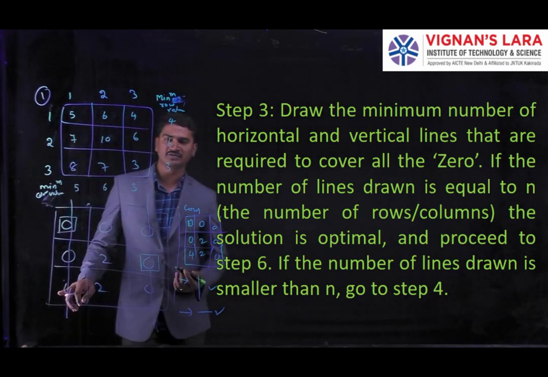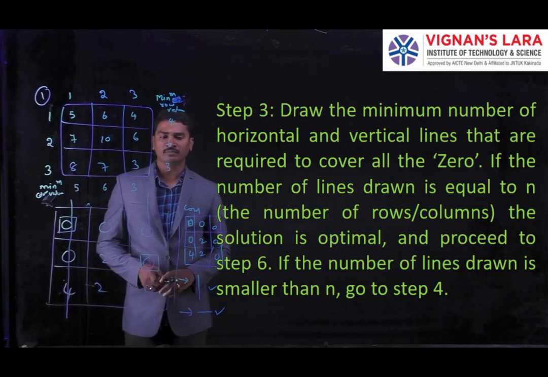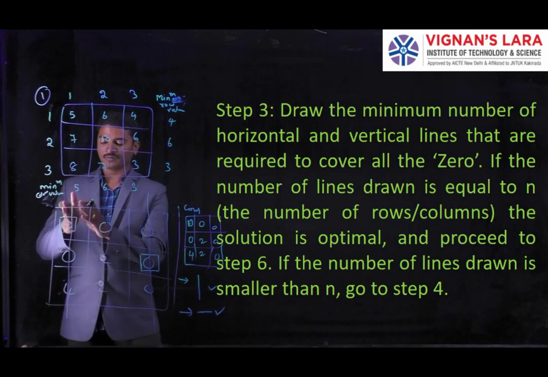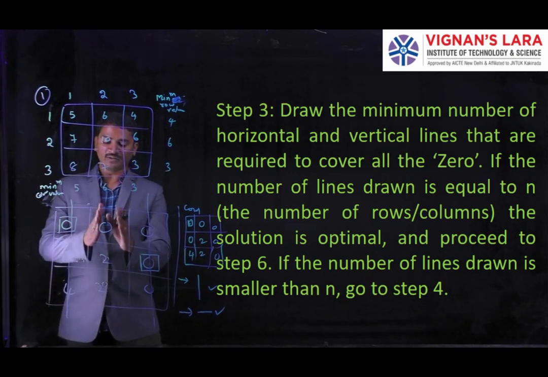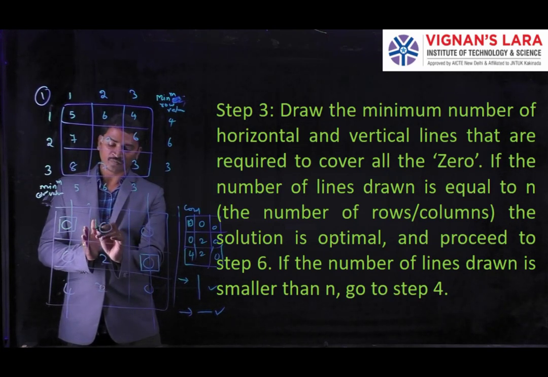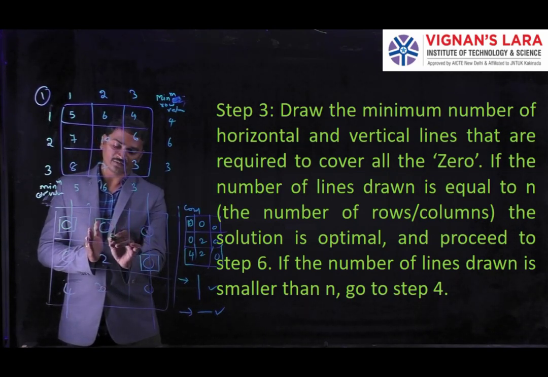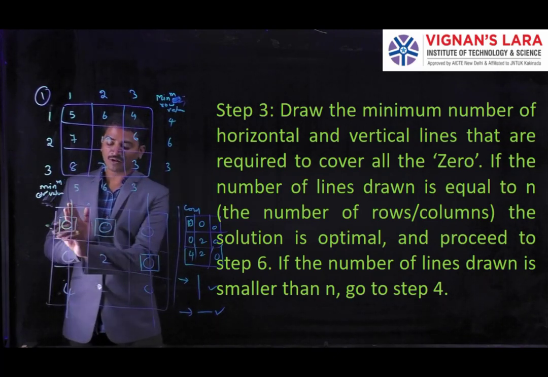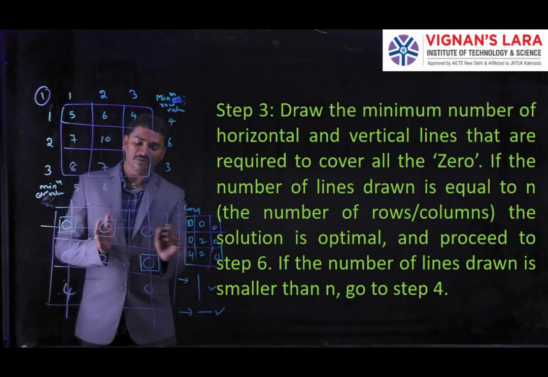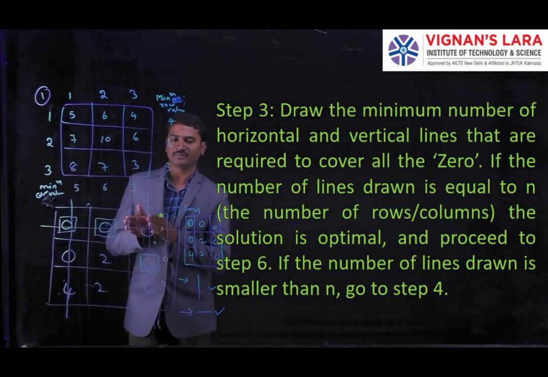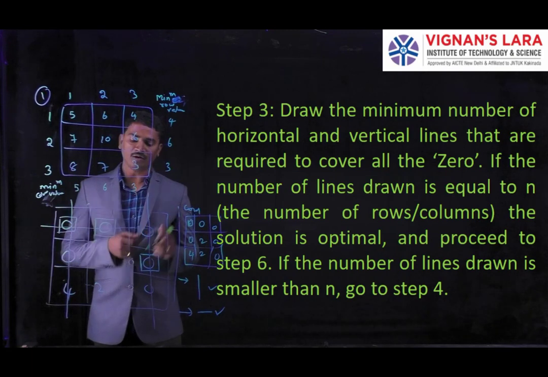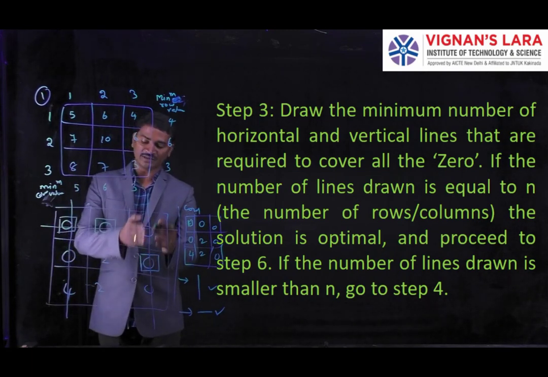After completion of the row searching, we go to the column searching. Coming to the column searching, in the first column there are no zeros because it is already deleted. Coming to the second column, here we have one 0, so we take a square in this cell. After marking this, we draw the horizontal line. Why? Because here we are doing the vertical column searching, so for that column searching we draw the horizontal lines. Okay, coming to the next, here there are no zeros.